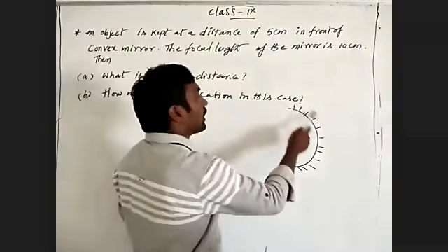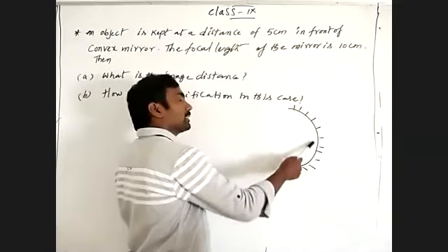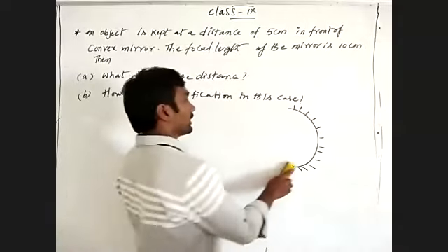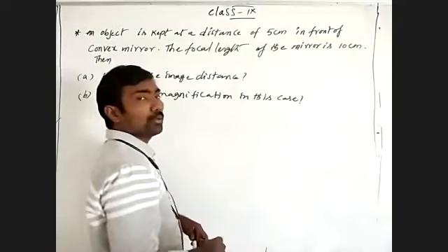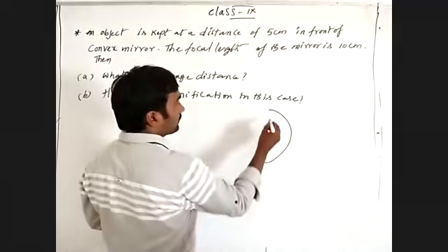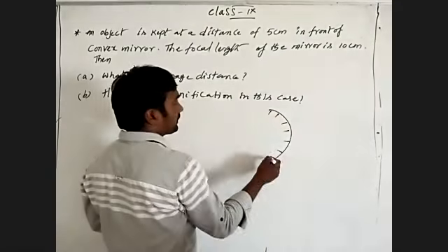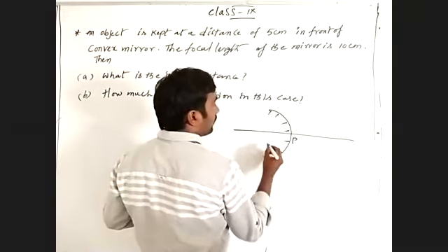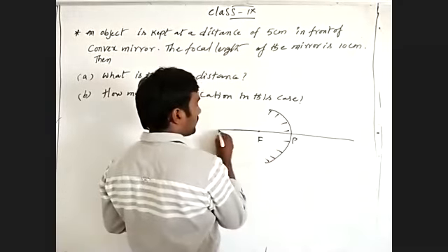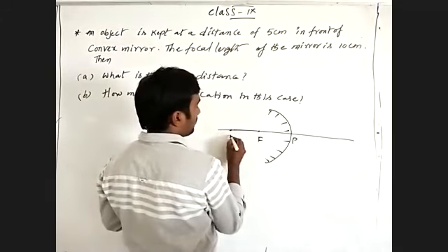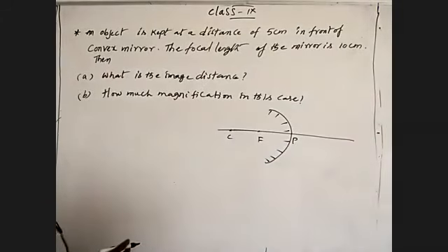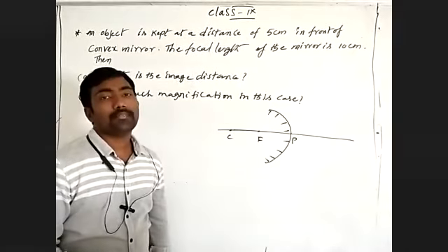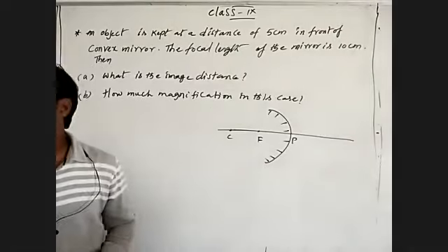The shaded part is given on the outer side, and the reflective surface is the inner curve. Then what is that? Concave mirror. This is how you can recognize it. Coming to the convex mirror, this is the pole, this is the focus, and this is the center of curvature. Image formed by the convex mirror is beyond the mirror.